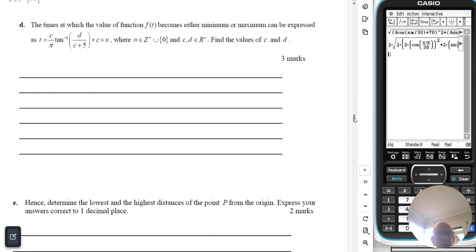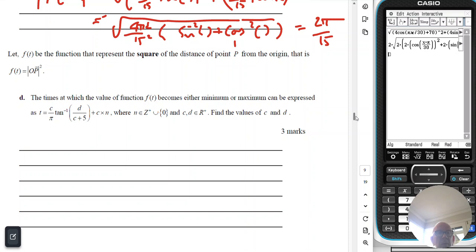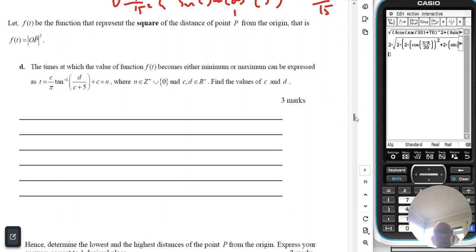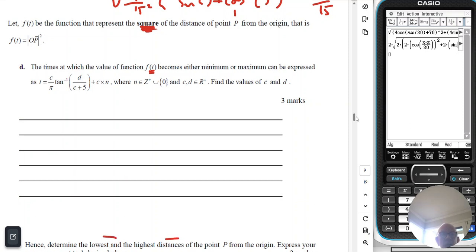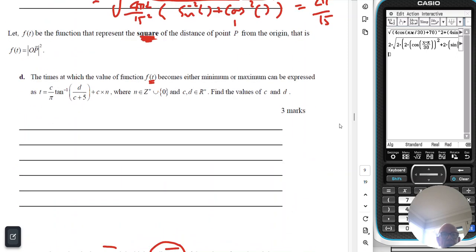Okay, so looking at part D and part E. Let f of x be the function that represents the square of the distance. So we're looking at the square of the distance at point P. So find the times at which f of x, that's the square of the distance. And this part is asking about the distance, not the square of the distance. So part E is asking about the distances only, and part D is asking about f of x, which is